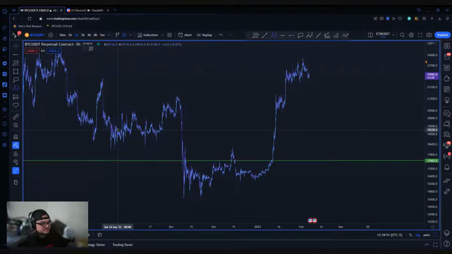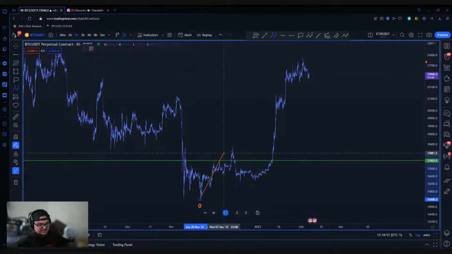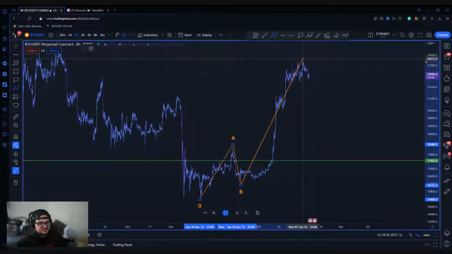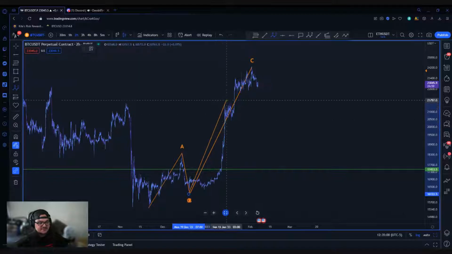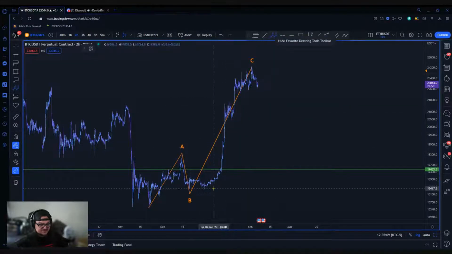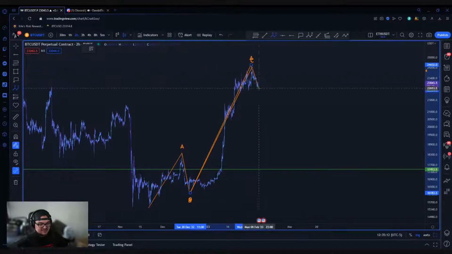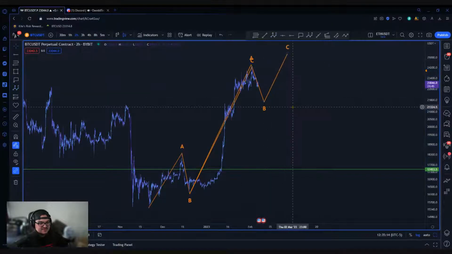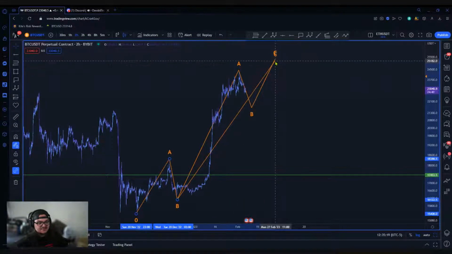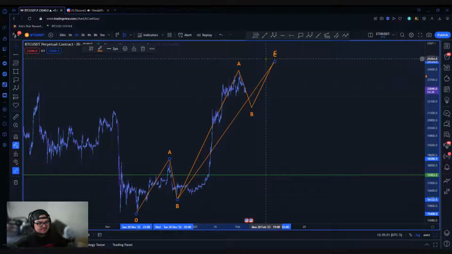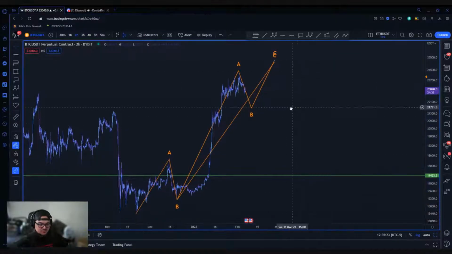Since that is the case, at the moment, I currently view what's going on here as a larger A to a B to a C. All right. And within the ABC, it's a little bit questionable how messy this is. Me personally, it looks like this is just one continuous uptrend. So I'm viewing this as a potential A to a B to a C, regardless of whether we topped out here or we go up for another high before putting in a potential much larger move,